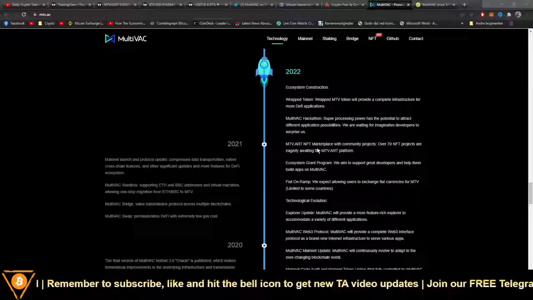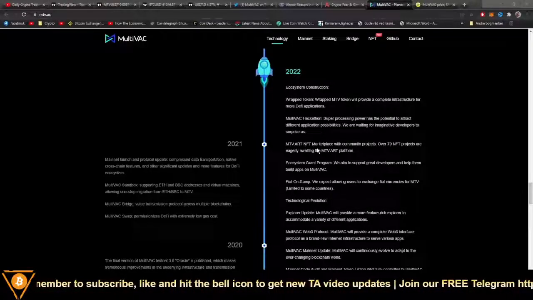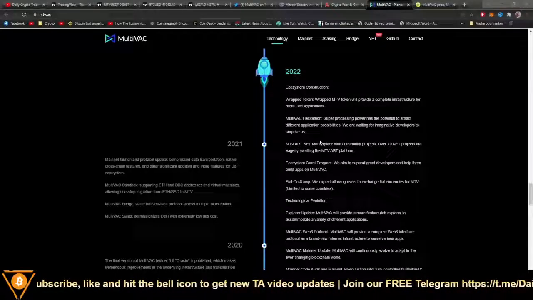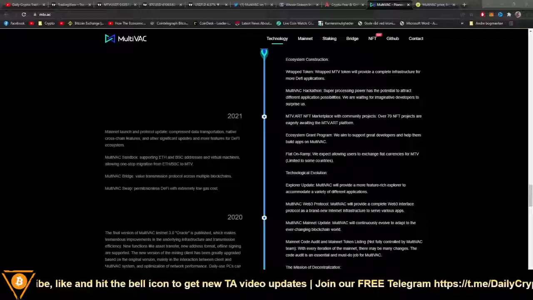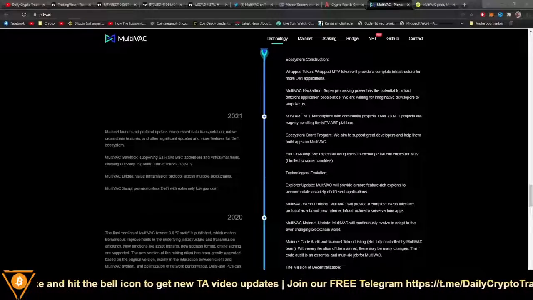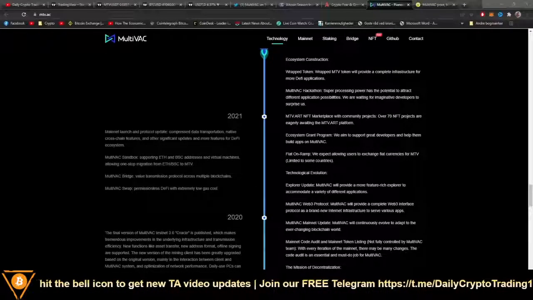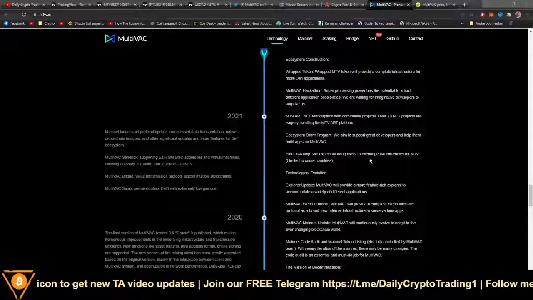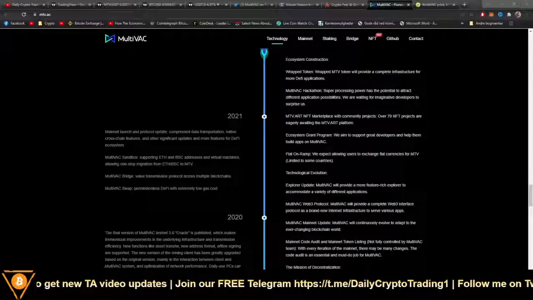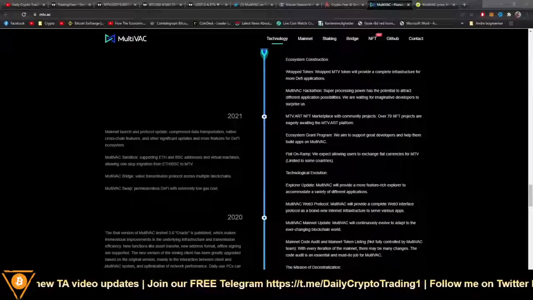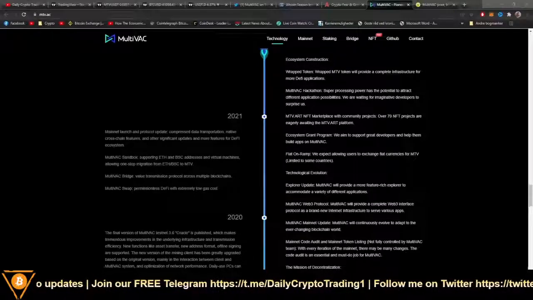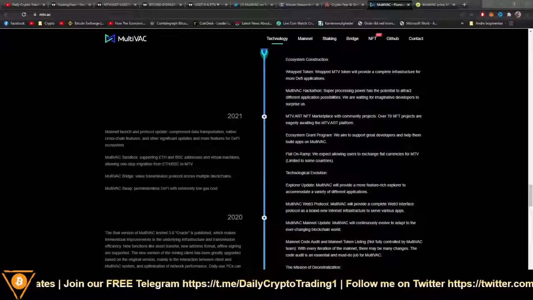And they are making the NFT community, MTV art, where a lot of NFT projects can be built on. They're going to make an ecosystem grant program where they help developers using the blockchain, the layer 1. They're going to do the fiat on ramp. This is extremely important to have because this is where there's new liquidity coming into the token, so the value can go up. All right, it's extremely important to know.